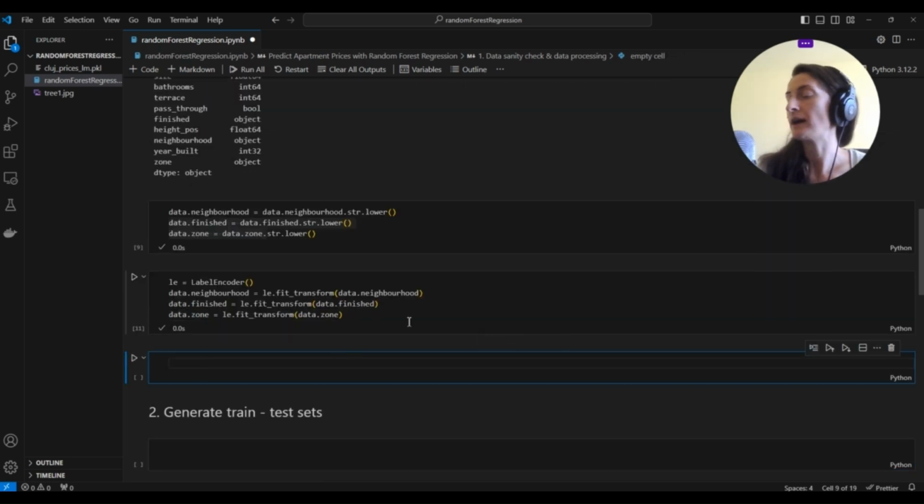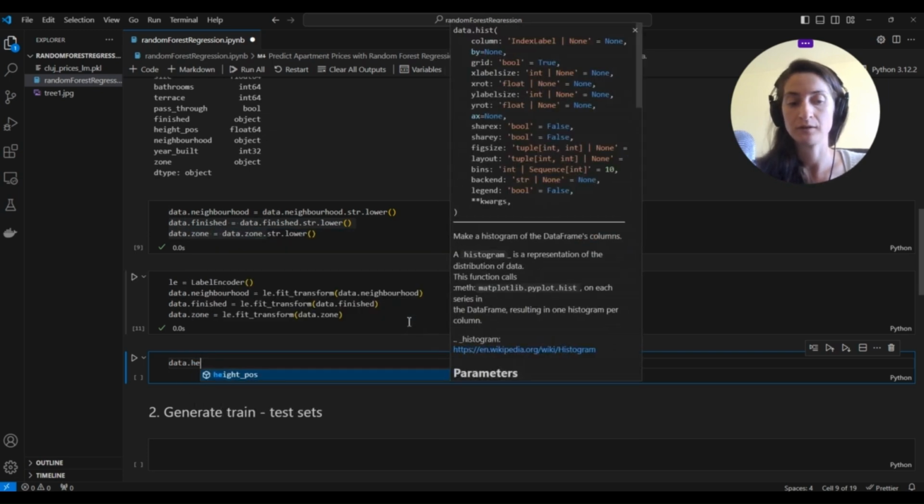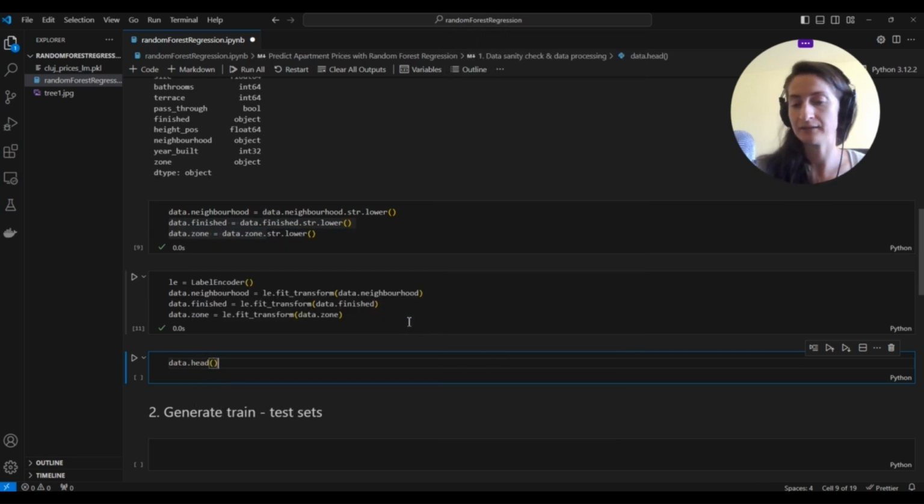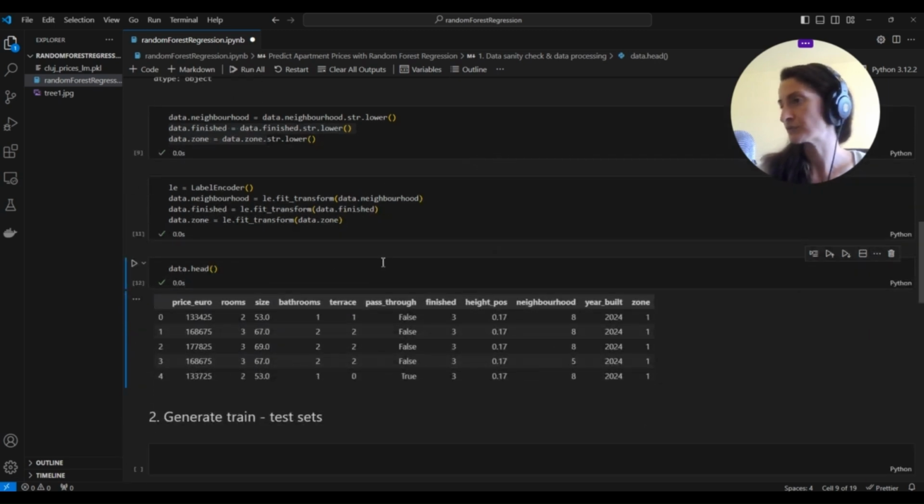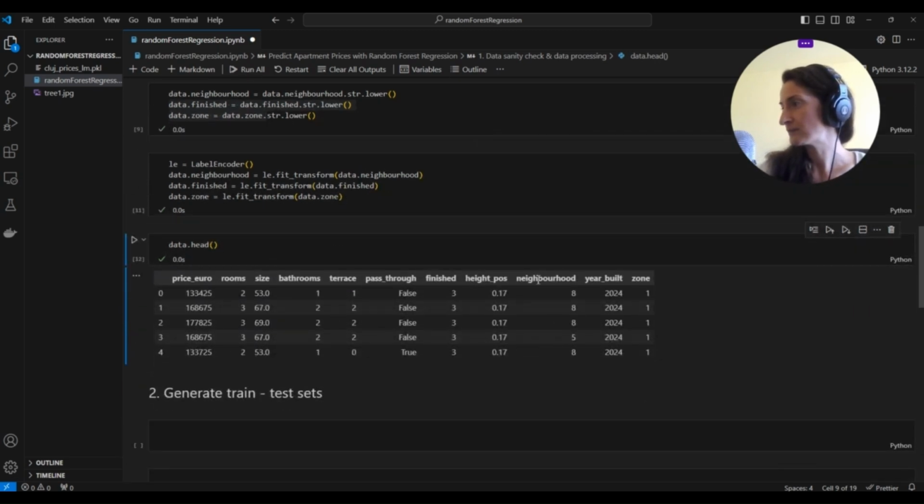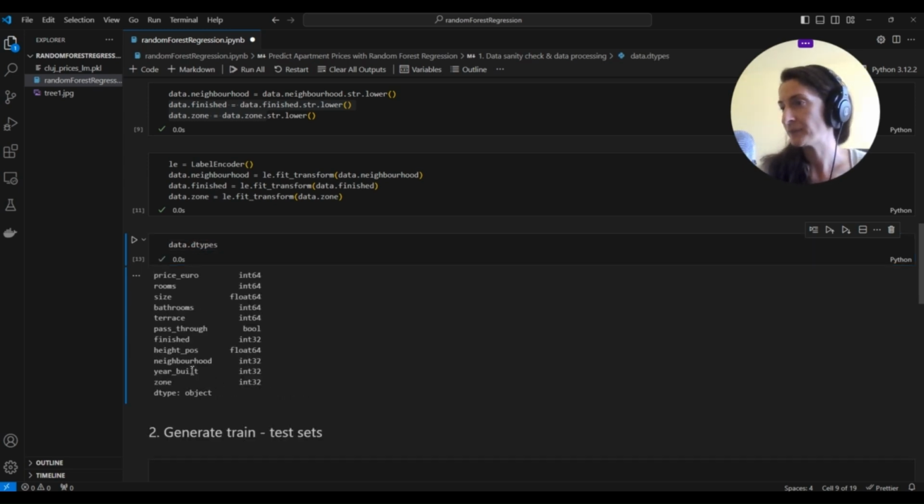So now all our string variables are going to be numerical variables. And if we print again the first rows of our data frame, we now see that instead of having string values in the neighborhood, in the finished, or in the zone columns, we have numerical variables. And if we check the data types now, we can see that actually these variables, finished, neighborhood, and zone, are